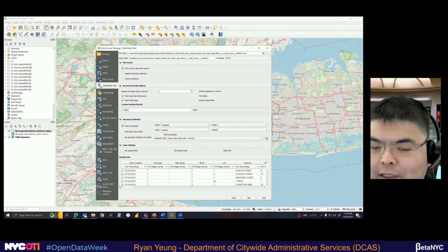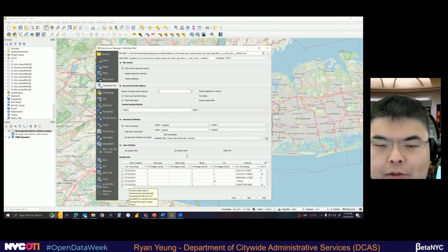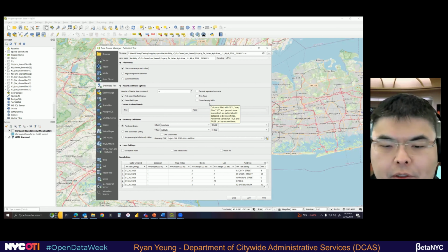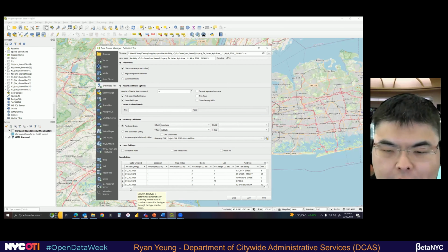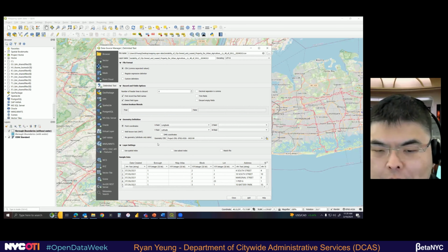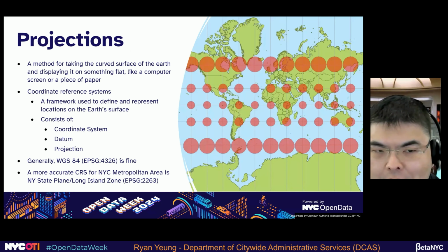And like I said, any data set on open data that has addresses will also have latitude and longitude automatically in the New York City Open Data Portal, which is great. Because they're called longitude and latitude, you don't actually have to change those fields. One thing that you should be aware of, though, is this: you have to select geometry CRS thing. You may have to select that, and I'll tell you what that is. That has to do with projections.